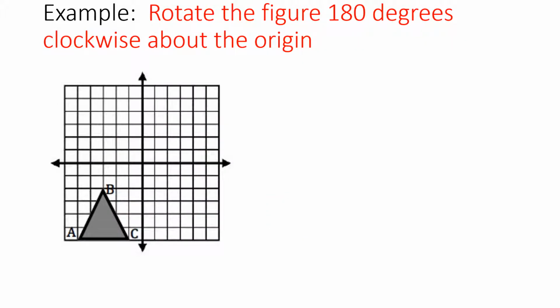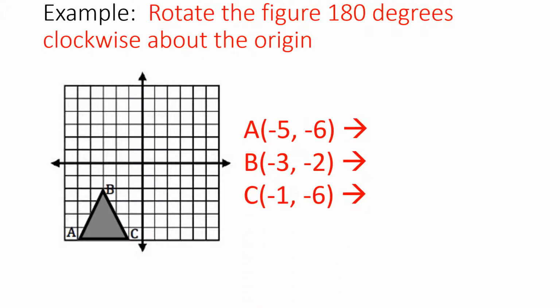Okay, now let's rotate the figure 180 degrees clockwise about the origin. Here are my ordered pairs for A, B, and C. A is -5, -6, B is -3, -2, and C is -1, -6. No matter if you're going clockwise or counterclockwise with 180 degrees, your rule is always going to be that the signs